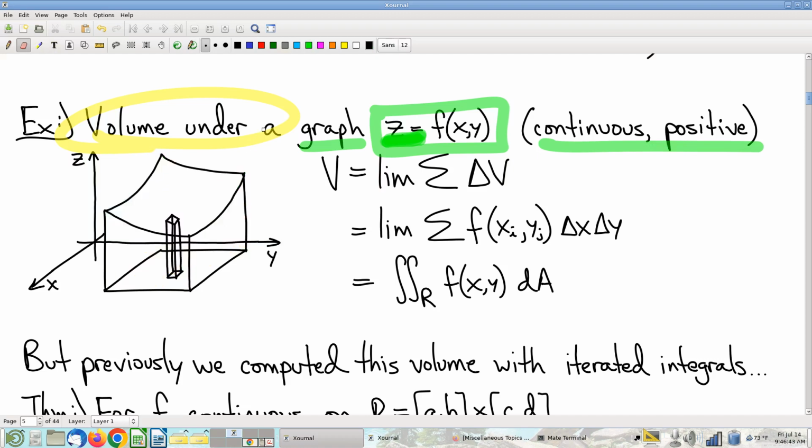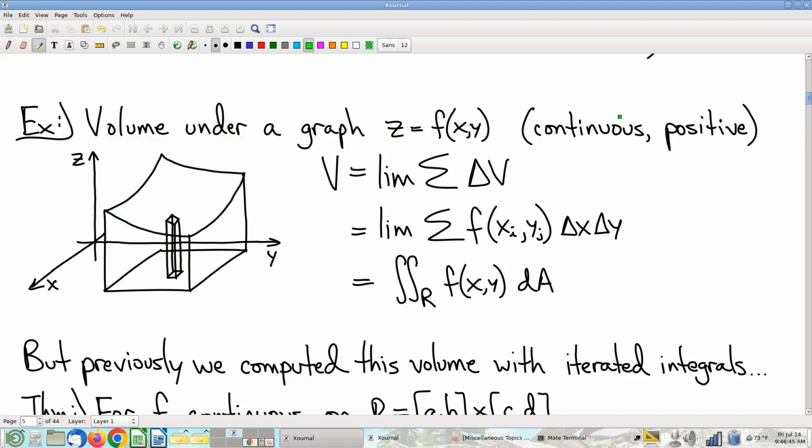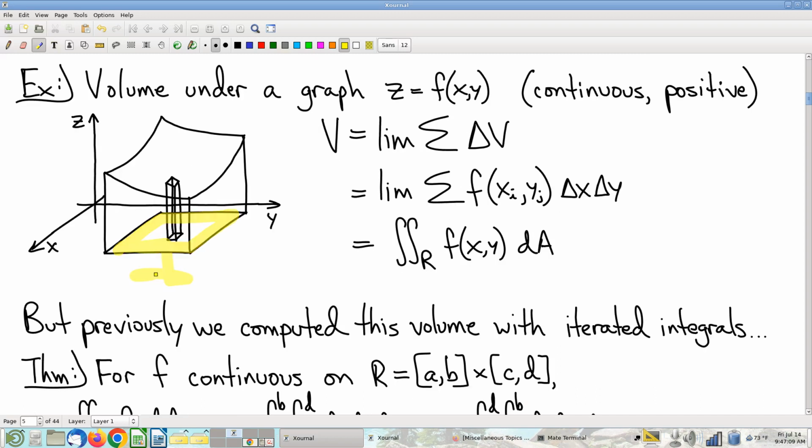Okay, so there's the question, and look how easy the argument is. If I want to compute the whole volume, I argue, and I think this is pretty believable, that it is the sum of the volumes that I get by looking over individual subrectangles. Let me draw this a little bit differently. If I want to know the volume sitting over the entire domain,